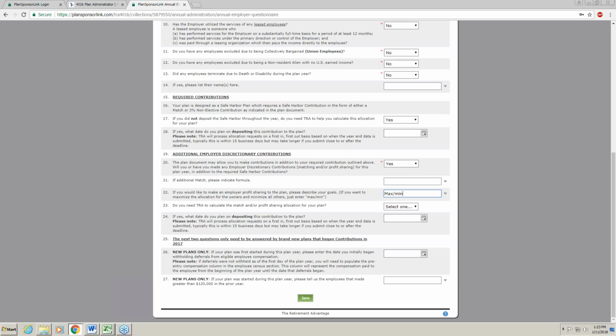This information's important because compensation earned prior to that check date may not be eligible for some of the compliance testing that we do for your company's plan, so we may need to back that compensation out of the gross compensation. Likewise with number 27,